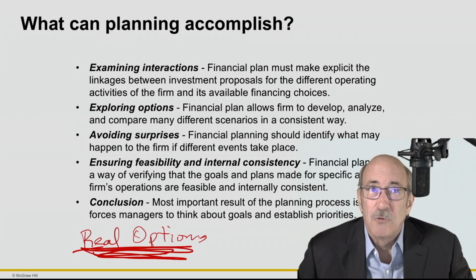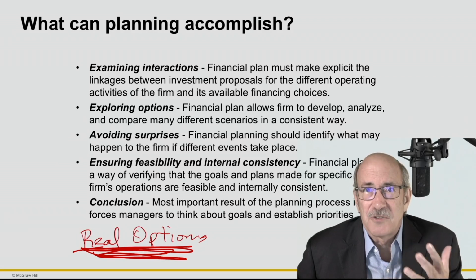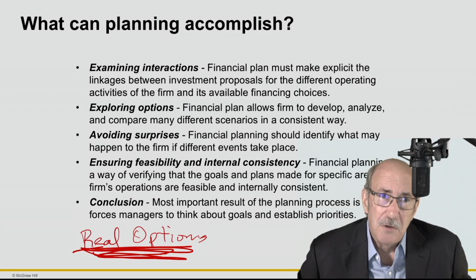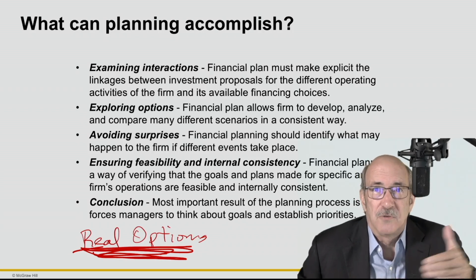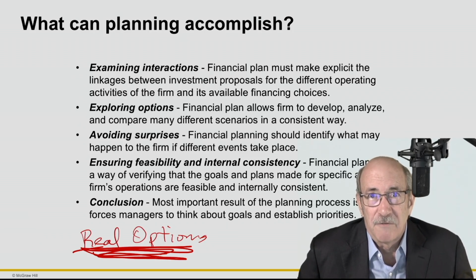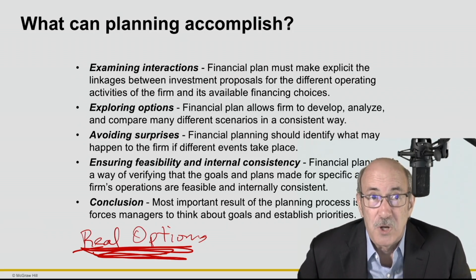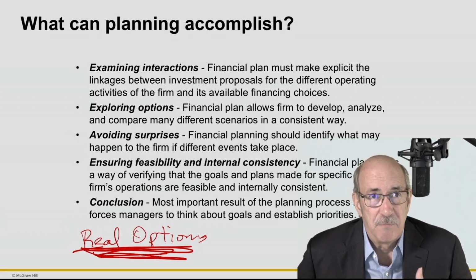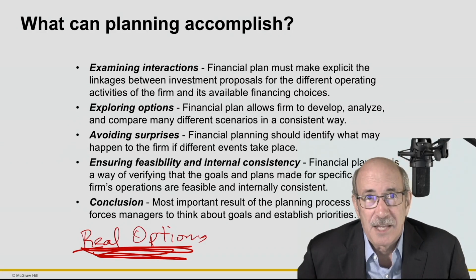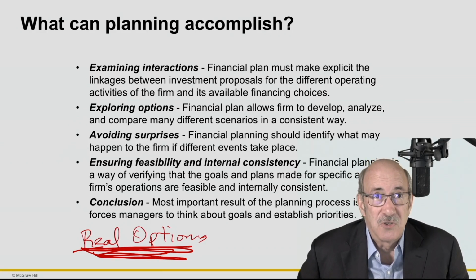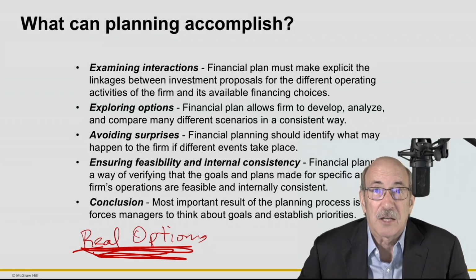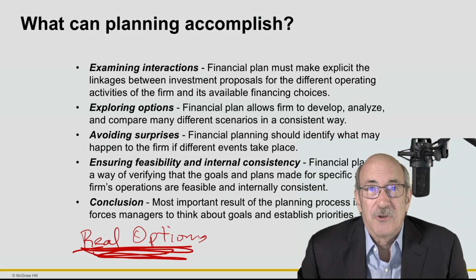So in other words, you don't lose all of the money. If the project doesn't look like it's successful or moving in the direction you wanted it or expected it to move, then you just simply shut it down at this point and you save any potential losses that might have occurred in the future. That has real value. It's an option because we can choose to do it or not based upon the current information at that time. Another real option is the expansion option. So suppose that we have a project and it looks like it's actually going well, maybe even better than we expected. We can expand it, maybe double the scale of what we're doing.